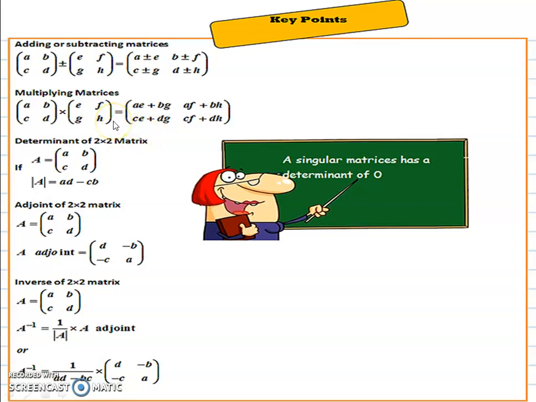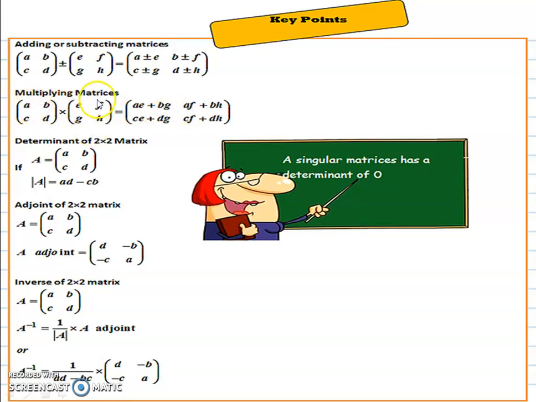Now in this chapter, we discuss matrix multiplication. That is important. AB is allotted in the first row, CD in the second row, AC in column 1, BD in column number 2, EF in the first row, GH in the second row, EG in column number 1, FH in column number 2. So we multiply first row and first column: A into E plus B into G, that is AE plus BG.